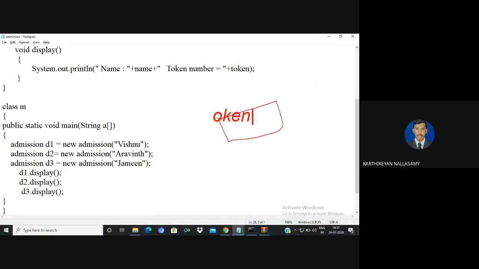Clear? Once Vishnu comes, the token value is incremented and changed to 1. Once Aravind comes, the value will be changed to 2. And when Jamin comes, the token value will be changed to 3. So it replaces the previous value, so 2, 1 and 0 are erased. Now the value in token is 3.